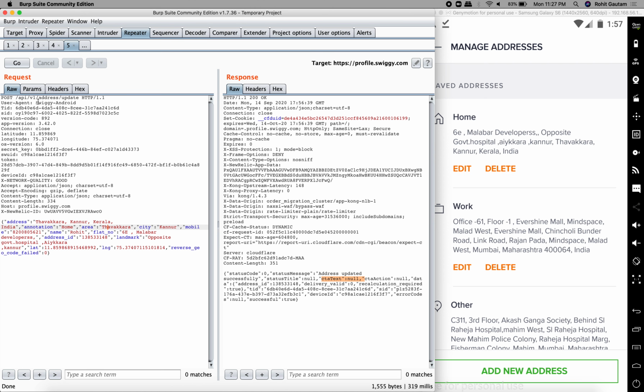So this is it for this video, guys. I hope you guys understood how you can do SSL pinning bypass for any application that you want. This was the easiest and most convenient way of doing it because it is very simple, but it gives the highest success rate. You can also do this using Frida, and we will see that in the next video, how you can do it using Frida server as well. So I hope you guys understood. Thank you.